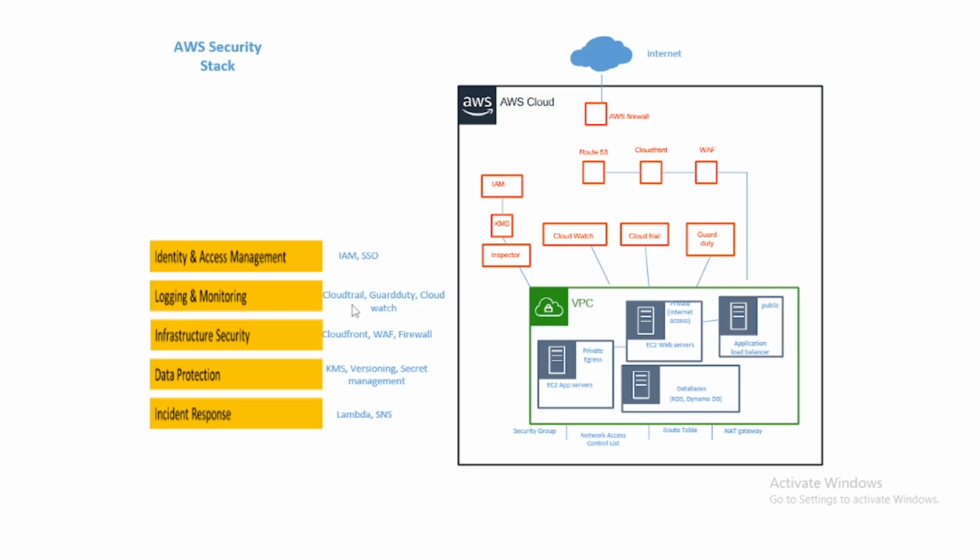within AWS. I want to make sure that I have my CloudFront in place to deter DDoS attacks. I have my WAF in place to deter. WAF is just a web application firewall, which is just making sure that everything coming through my network, such as SQL injections and cross-site scripting, hitting my application,